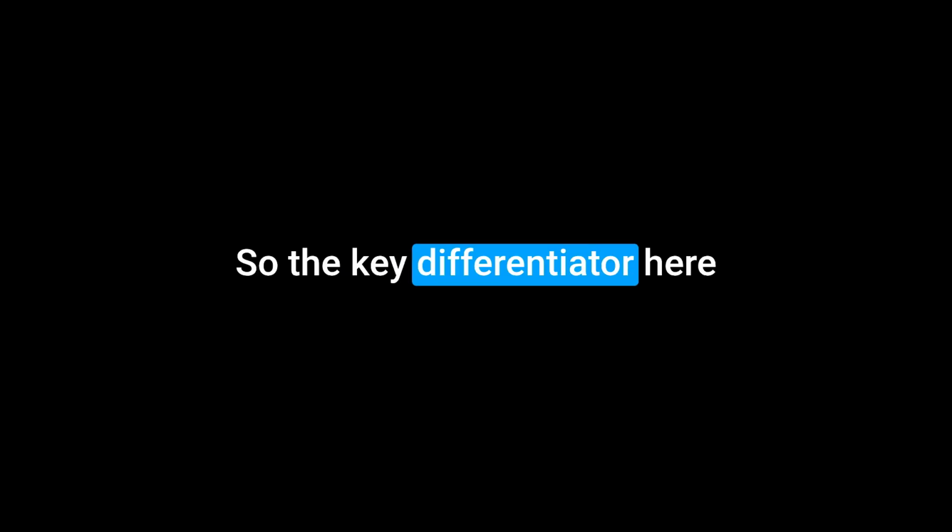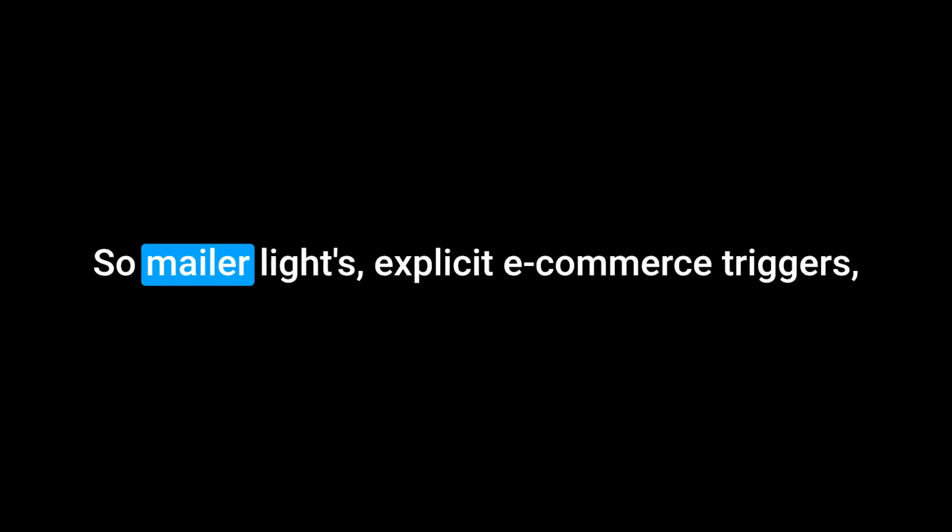Okay, that's powerful. And the steps within the workflow? Once triggered, the workflow steps are comprehensive. Sending an email, setting a delay, defining a condition step based on tags, groups, behavior, custom fields, etc., and an action step like update fields, move or remove from group, mark as unsubscribed. Very flexible. So the key differentiator here seems pretty clear, right? It really depends on your business model. I think so. MailerLite's explicit e-commerce triggers and that unique ability to use multiple triggers on the advanced plan really offer more sophisticated control for sales-driven campaigns.